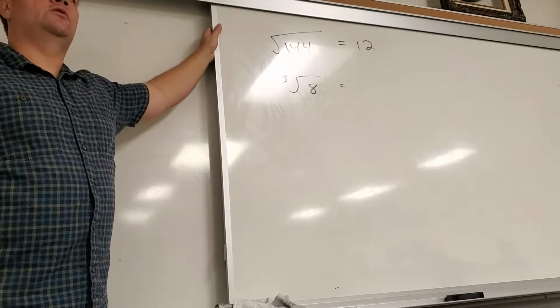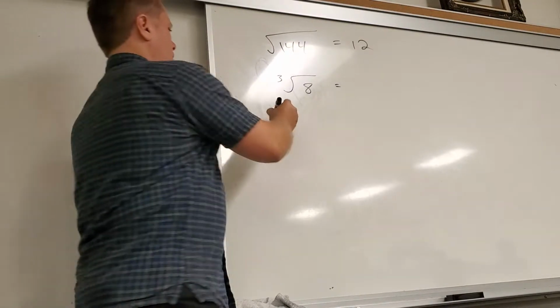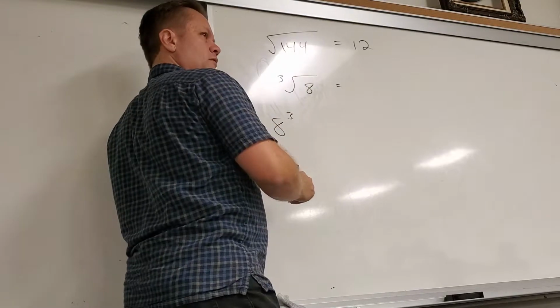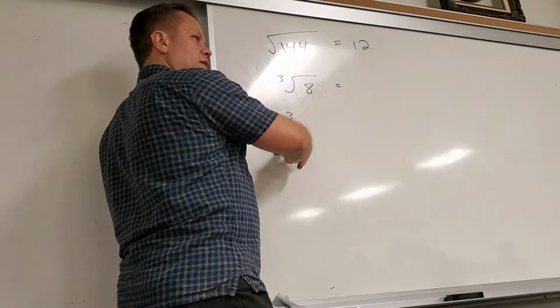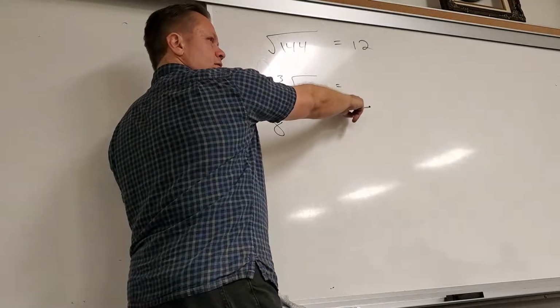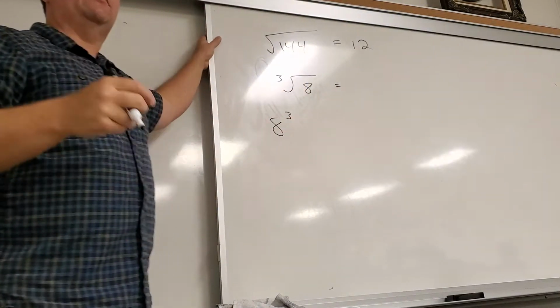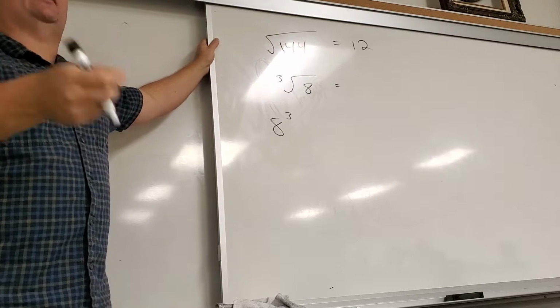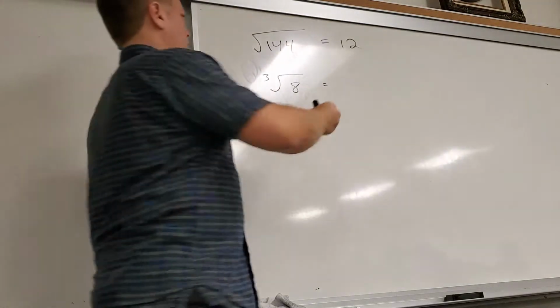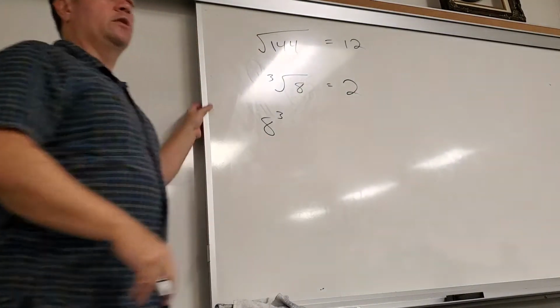No. That would be this. That's what is 8 times 8 times 8. This is the opposite. This was what does it take 3 of to make 8? What do you have to multiply 3 of to make 8? 2. I like it. All right, so at the most fundamental level,